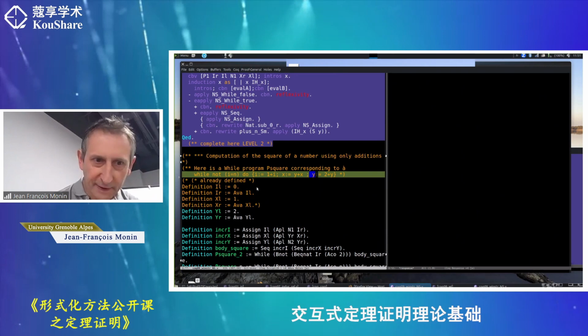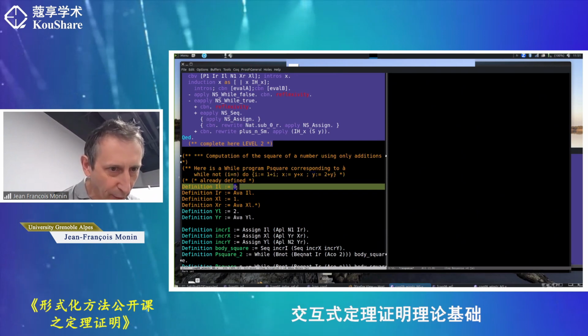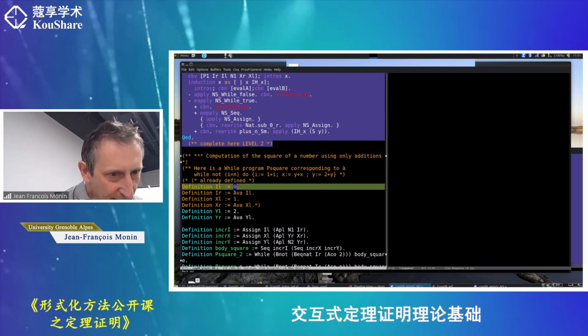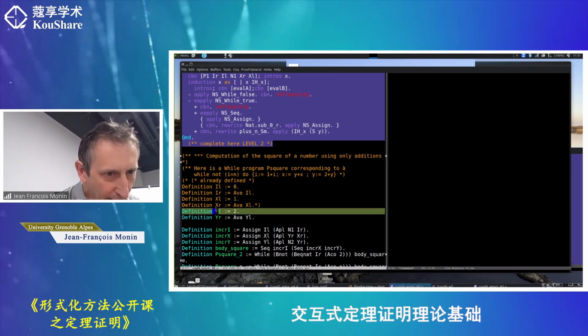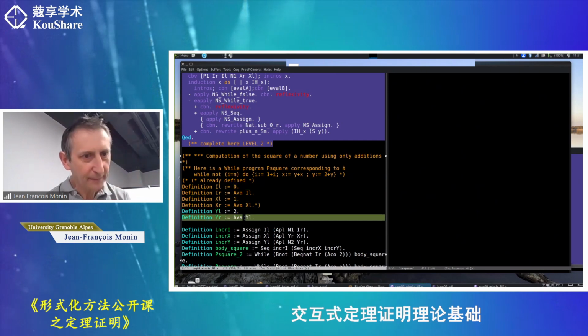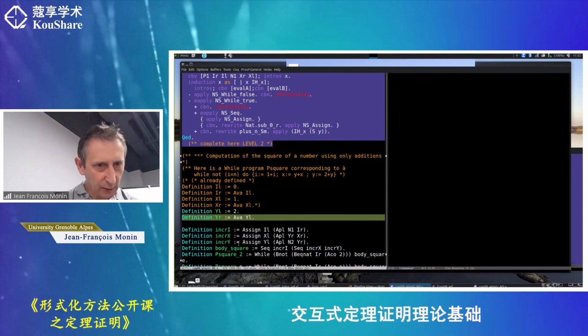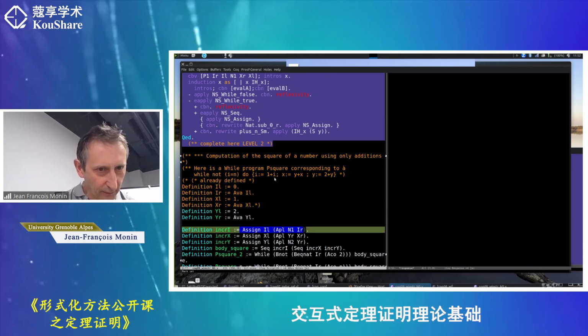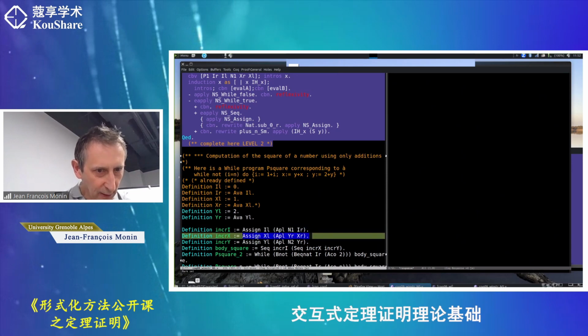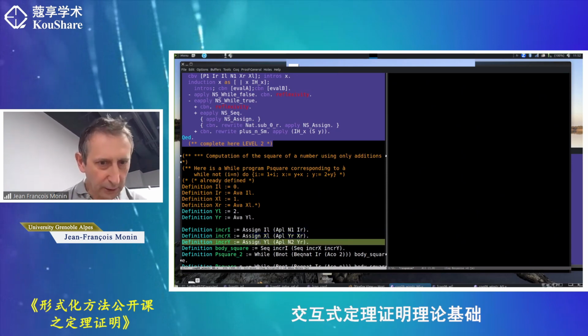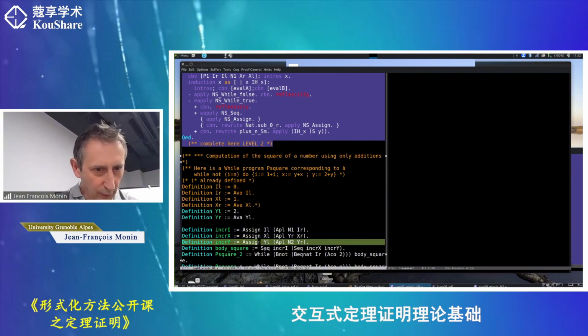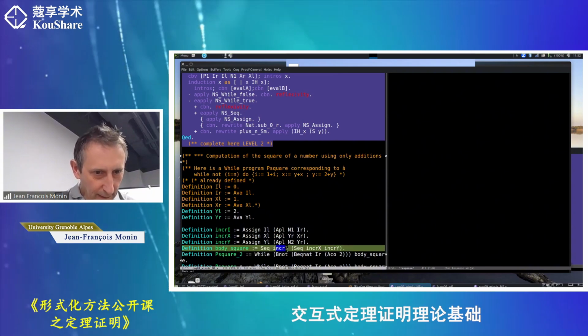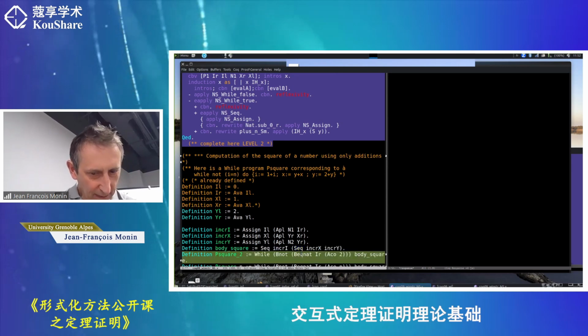Just as usual, I will be address 0, x will be address 1, and y will be address 2. So nothing special. I have my 3 assignments. An assignment for incrementing I, an assignment for x here, etc. So exactly what you would expect. Then a sequence of a sequence, like this. And the full program is here: while